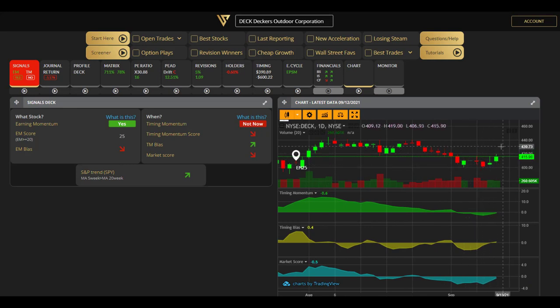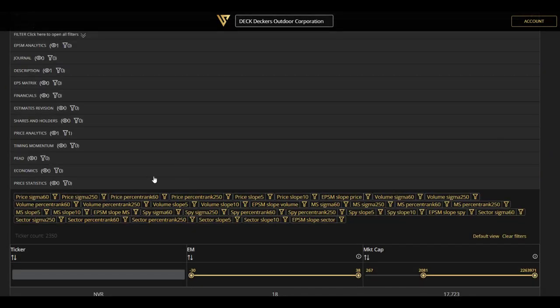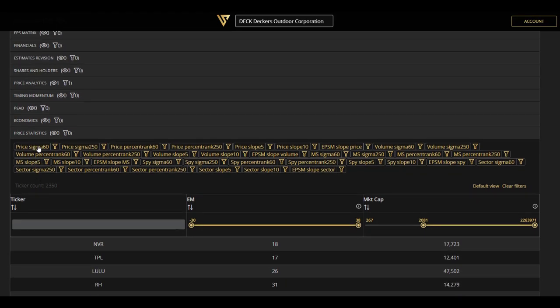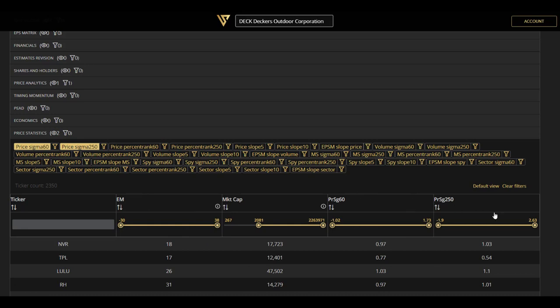We solve that problem with a very powerful set of analytics and statistics that we release at EPSMomentum.com. So here it is. You go to the screener, you go to price statistics, and here we've created, for price, volume, market score, the stock to S&P ratio, and the stock to the sector ratio, 1, 2, 3, 4, 5, 6, 7 different types of new analytics that you can run on these variables. So first, the first two are the sigma 60 days and the sigma 250 days. So that would be the 3-month